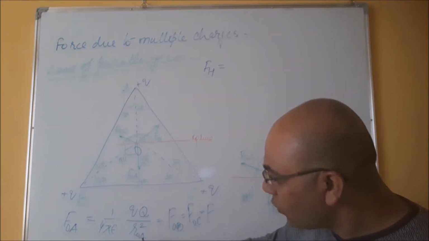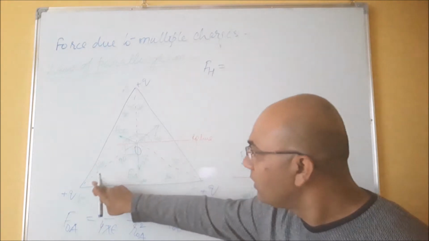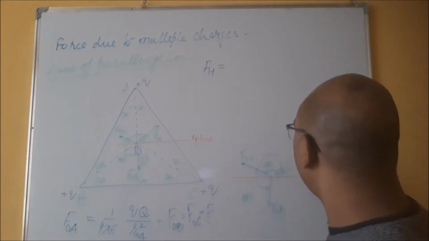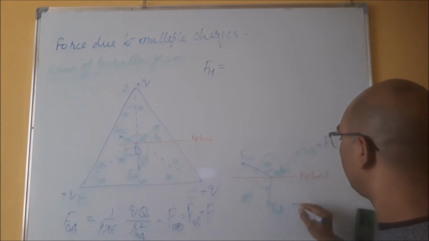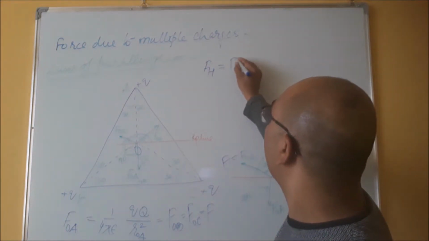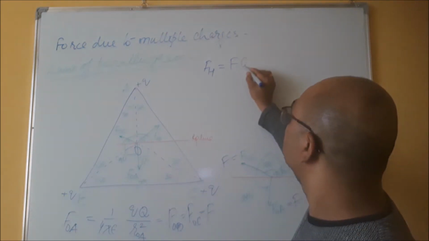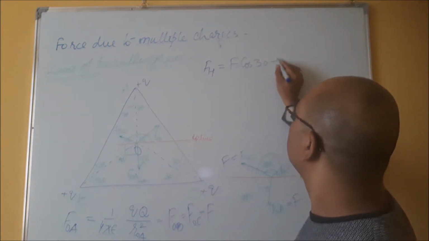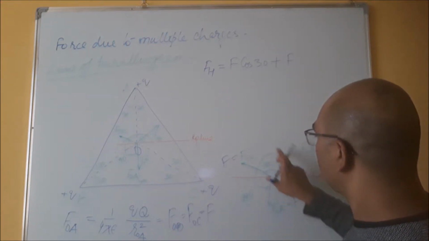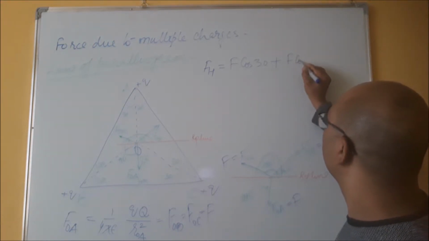You see that ROA, ROB, ROC, all three are equal. So Fh will be, if this is F, this is F, this is F, F cos 30 plus F cos 180